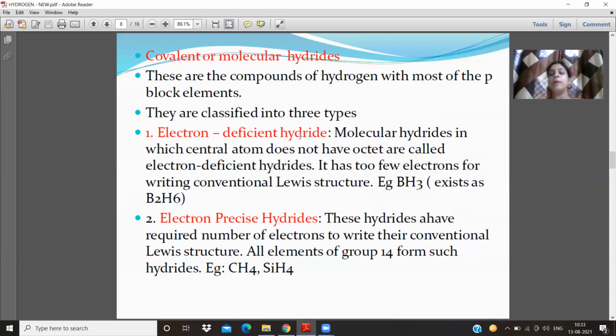Whereas the other category is the electron precise hydride, in which the required number of electrons is equal to 8, the number of electrons present in an octet. To complete the octet, meaning 8 electrons are needed, if those 8 electrons are present, then electron precise hydrides are formed basically when